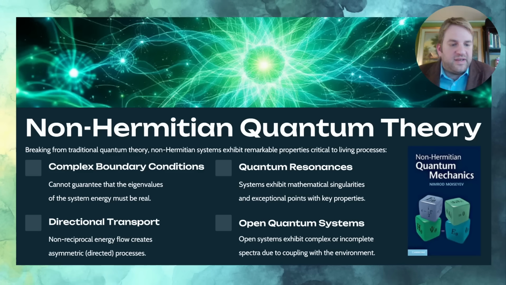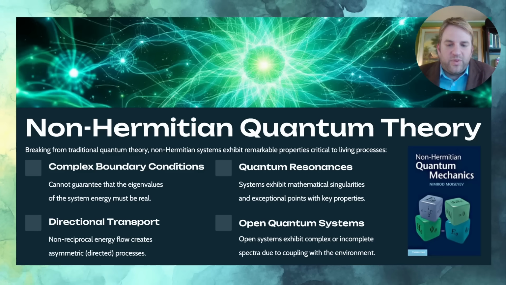Now, another interesting thing is the potential for directional transport in a non-Hermitian theory. So in a Hermitian dynamical theory, all the dynamics are always reversible. But what we really want to see if we study living things is directed transport, where we have things go forward, but they can't go backward. I grow up, but I can't unage myself. And so this so-called non-reciprocity enables us to define energy flow in preferred directions and ultimately even the flow of time in the forward direction.